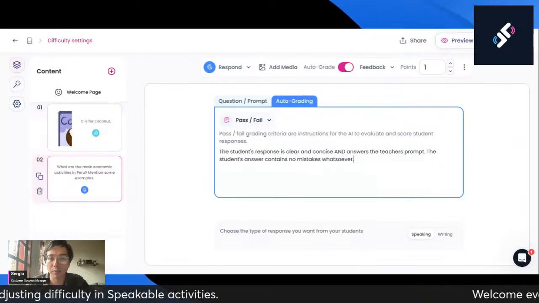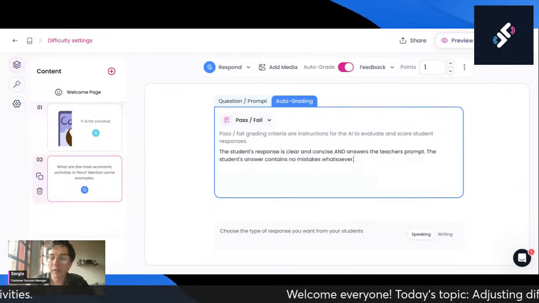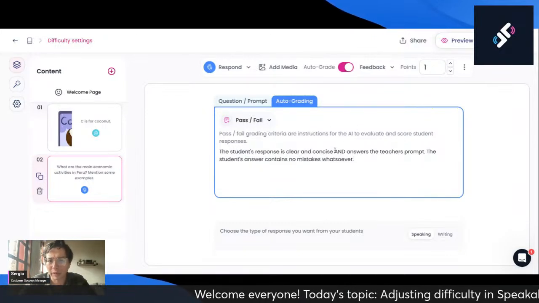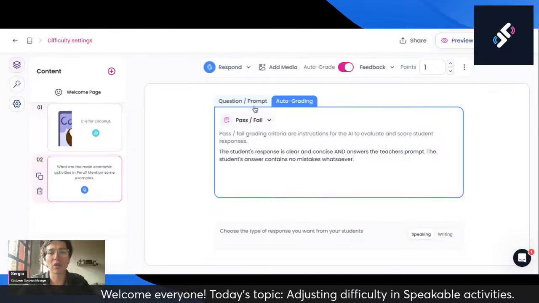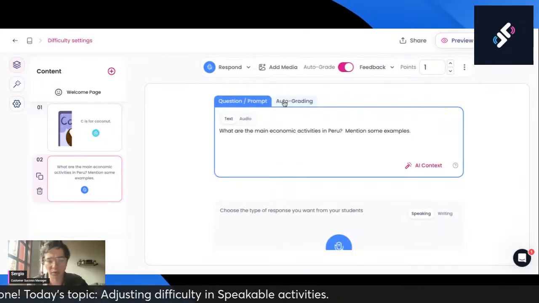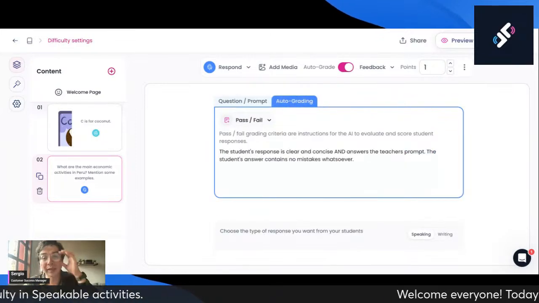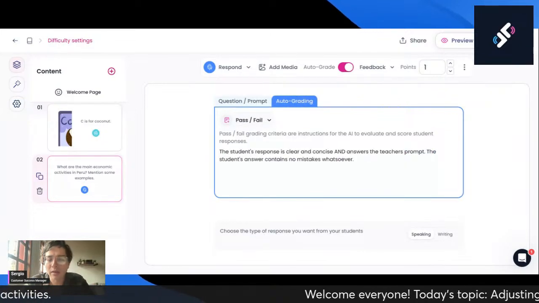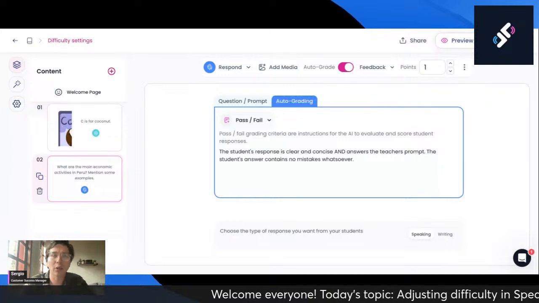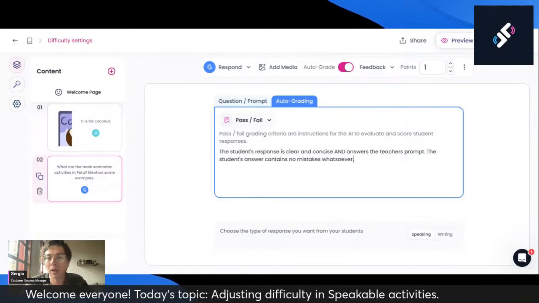If you are on the Teacher Basic plan, then you're going to be grading this anyway. So there's no need to play around with the prompt and the auto grading, because you will be doing the grading anyway. But if you're a Teacher Pro and you like to define what makes a good answer or what makes a bad answer, then you can define it with this text